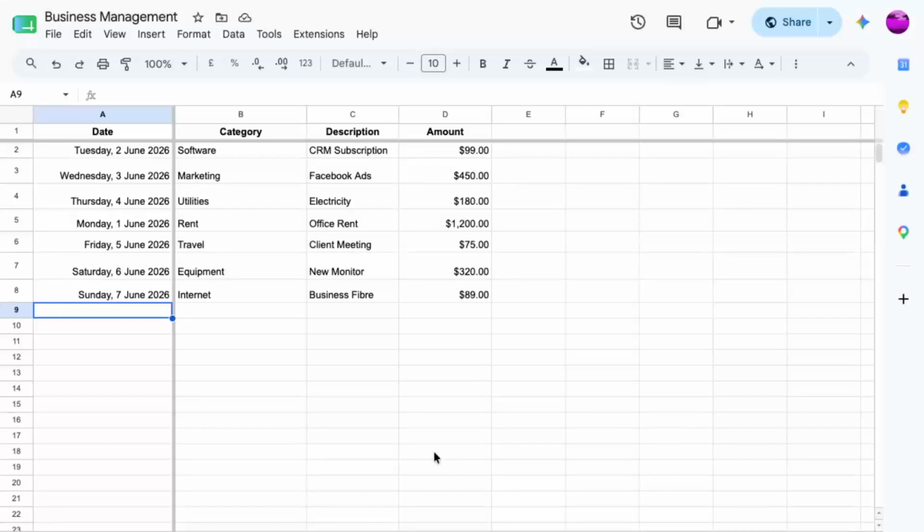In today's video, I'm going to teach you how to move cells in Google Sheets. If you need to reorganize information in your spreadsheet, moving cells is a quick and practical way to clean things up without having to retype anything. This is especially helpful when you're adjusting the order of data, fixing layout mistakes, or simply making your sheet easier